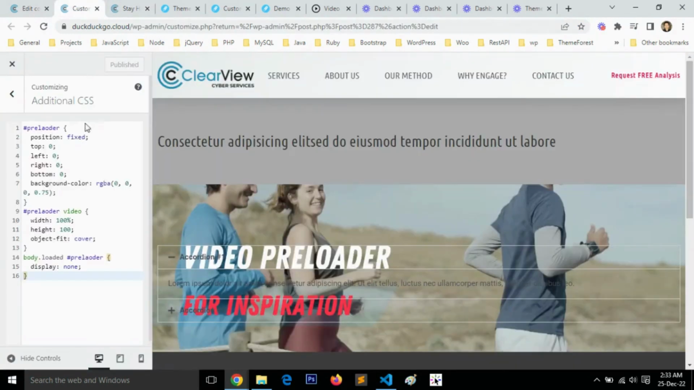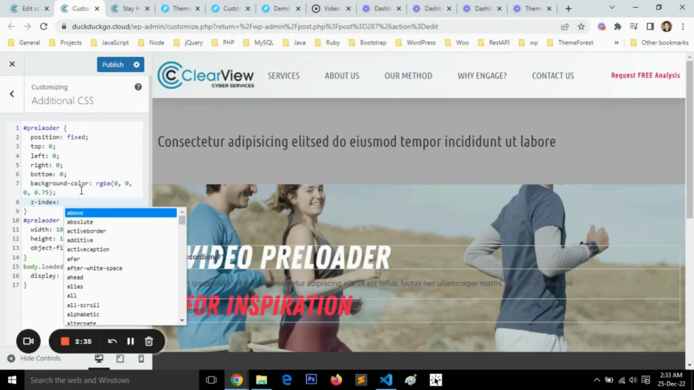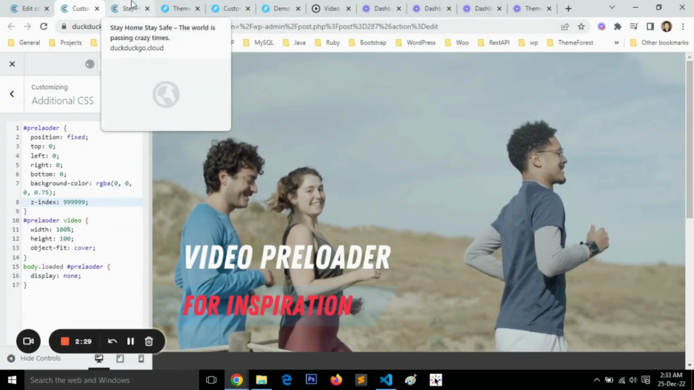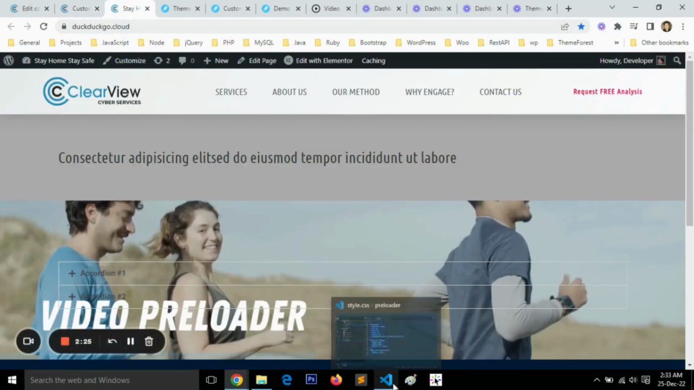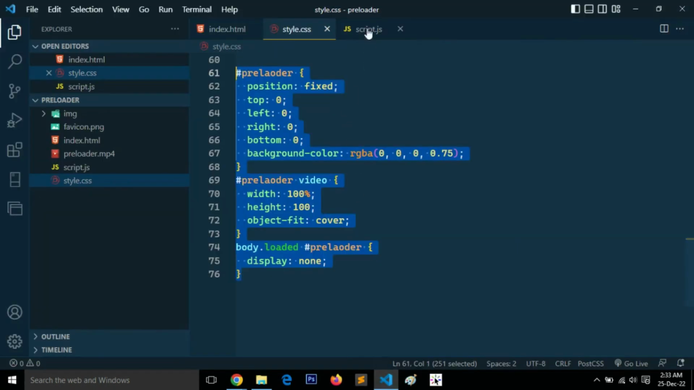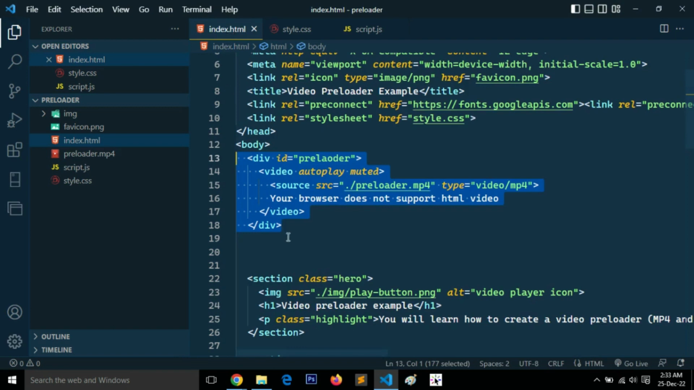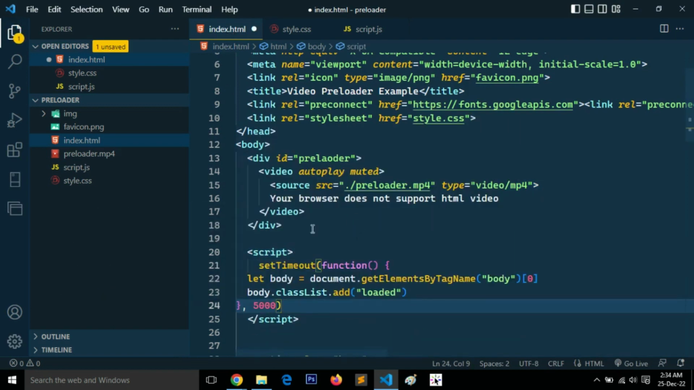And also we need to increase the Z index here as well. 9999. Okay, and publish. So this will overlap this header and other portions. And once again, just copy this code and just paste it here